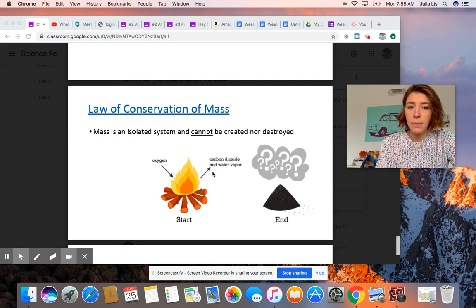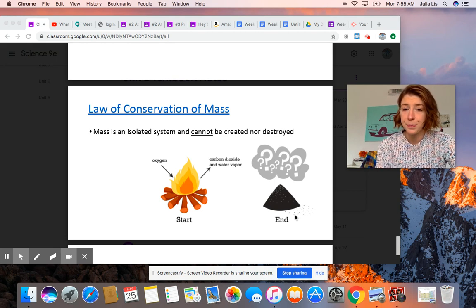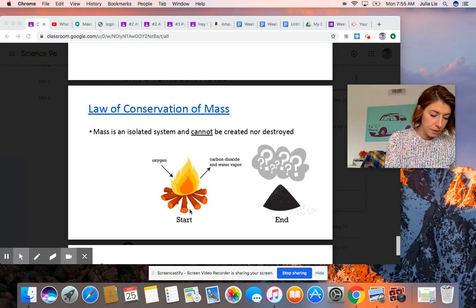So an example is like when I have a campfire, I have these large pieces of wood, and they're obviously large in mass. And when I set the wood on fire and it goes through a chemical reaction, at the end of it, it seems to appear like I have a lot less stuff in that area. I'm just left with a bunch of ash. But with the law of conservation of mass, what's important to note is that if I were to weigh my campfire, if I had it in a sealed container,